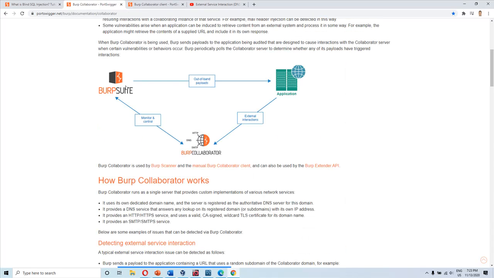That domain name would be sent as a payload into this web application. Whenever any application receives a domain name, it would try to perform the DNS lookup. What is DNS lookup? It would try to find the IP address of the particular domain name. If the DNS lookup is allowed in the web application, then the application would, for example, let's say